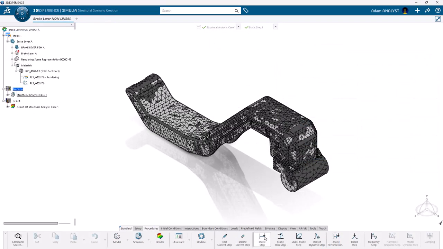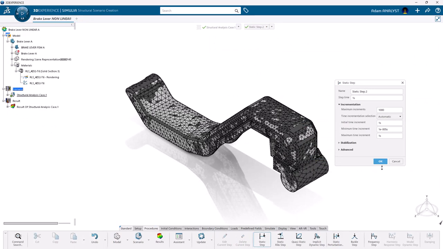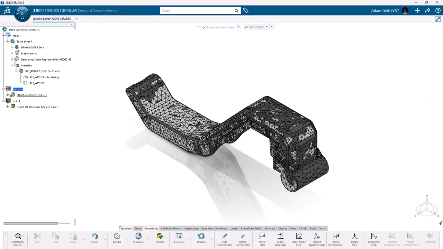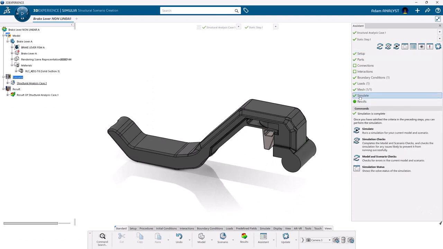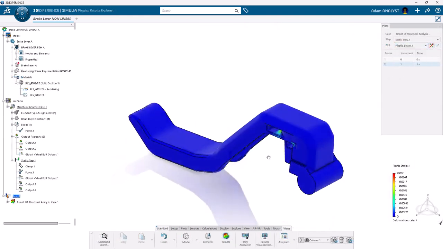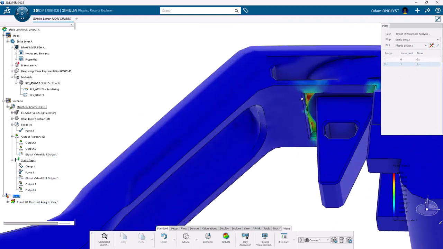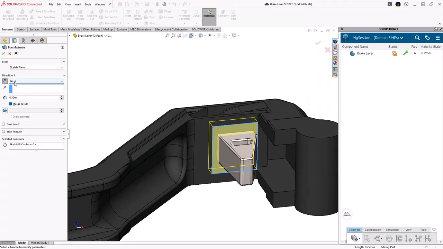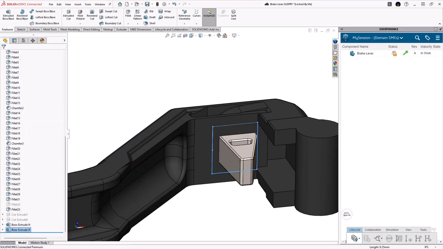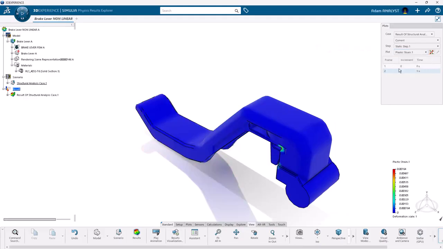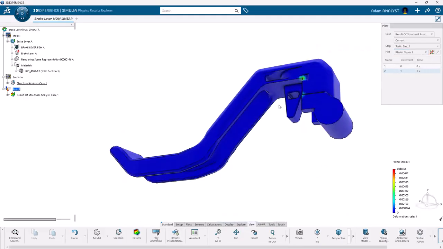Create realistic time-based loading conditions to more accurately represent real-world scenarios. The assistant panel lets you know if the simulation is ready to run. Cycling through different results highlights the regions where plastic deformation has occurred. You can iterate on your design and rerun the simulation until your design requirements are met, all without any expensive